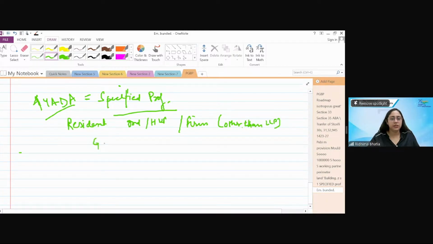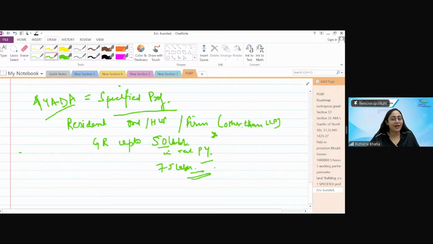Okay. Gross receipts up to 50 lakhs, in the relevant previous year, then only you would be allowed 44 ADA. If your gross receipts are more than 50 lakhs, you would not be allowed. But again, a change came in the last financial year that gross receipts up to 75 lakhs wala can also claim